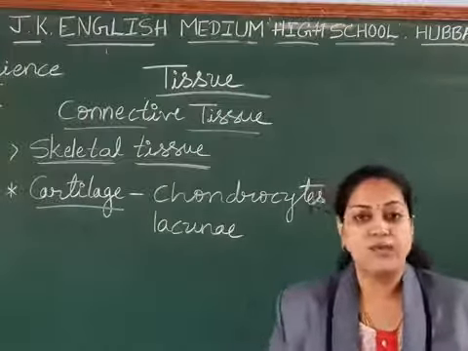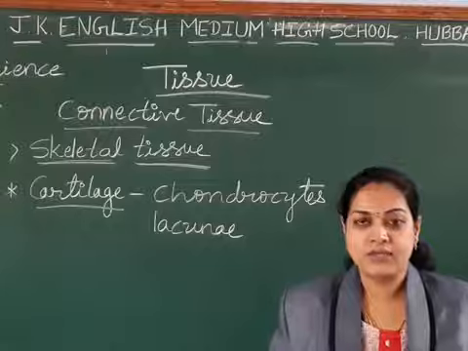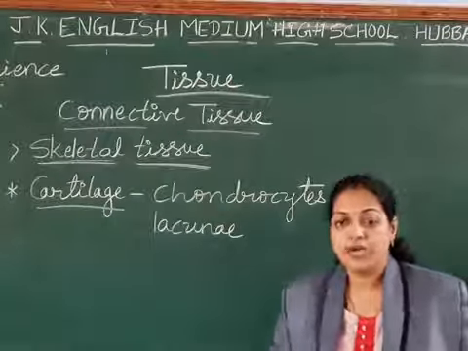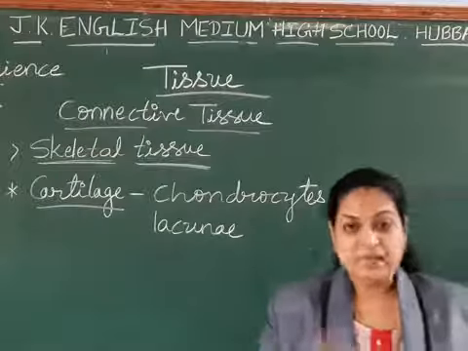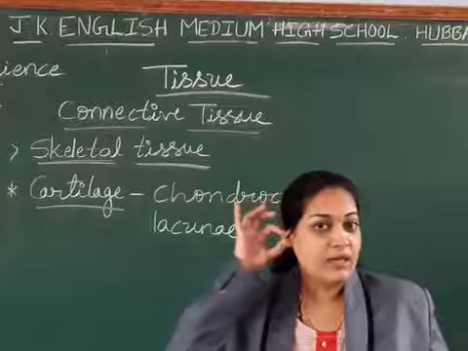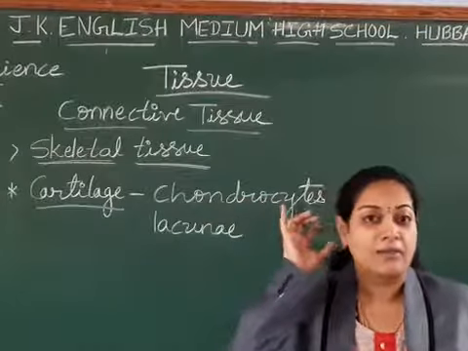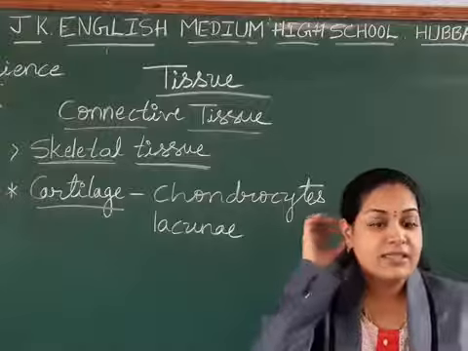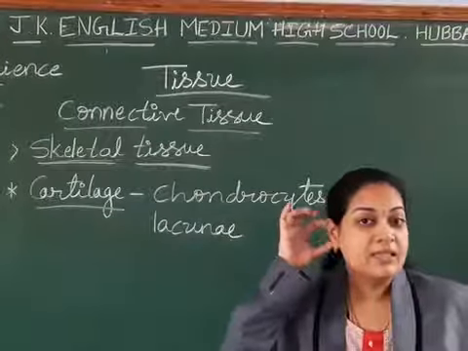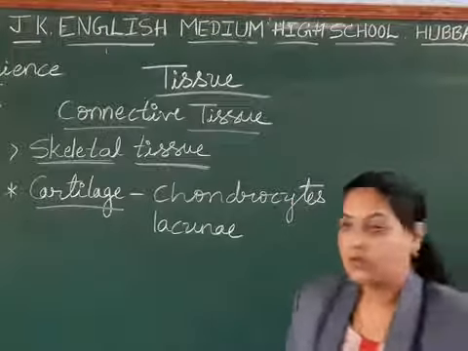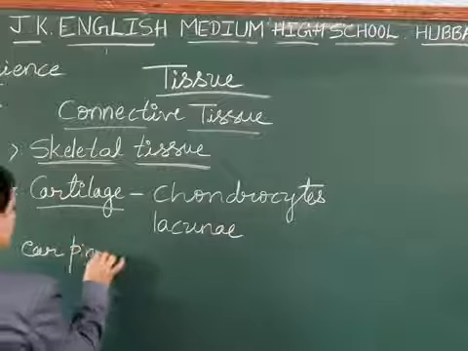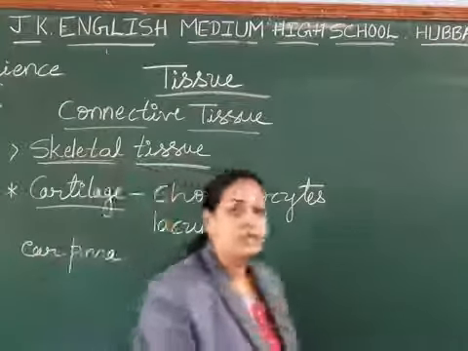In the cartilage we don't find any blood vessels, students, and different parts of the body have cartilage. The best one is your ear pinna. See, we can bend it like this. How can we bend? Because it is not hard. The matrix is not hard. It is very smooth, and there is a space between that. So you can bend it. And this part is called the pinna, students. So we find the cartilage in the ear pinna.